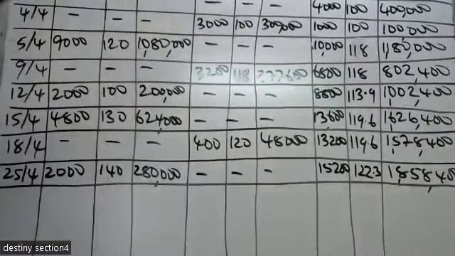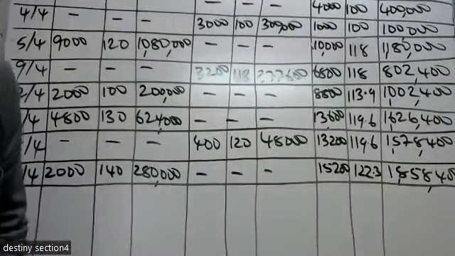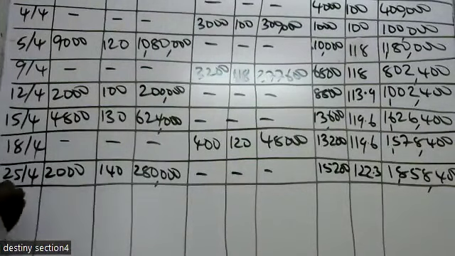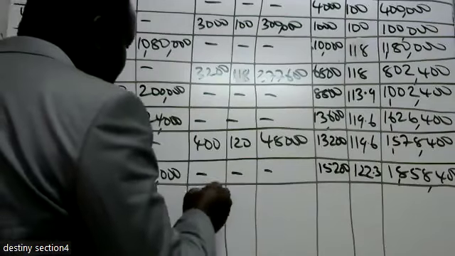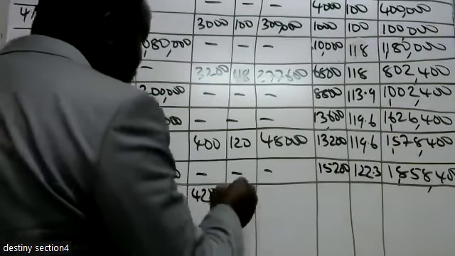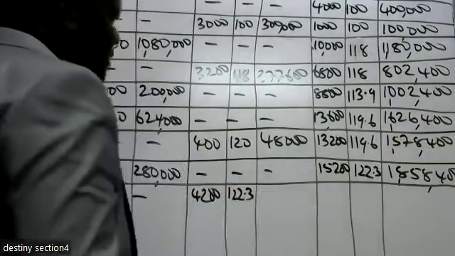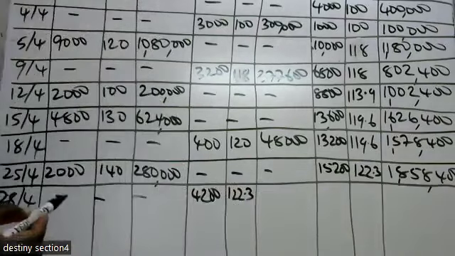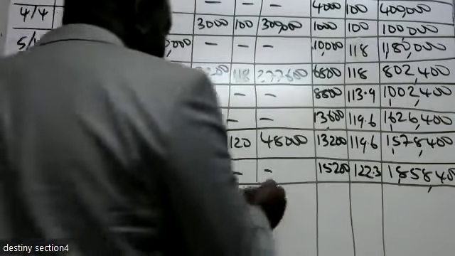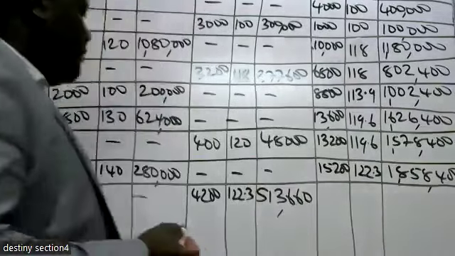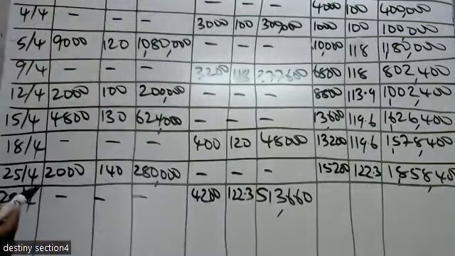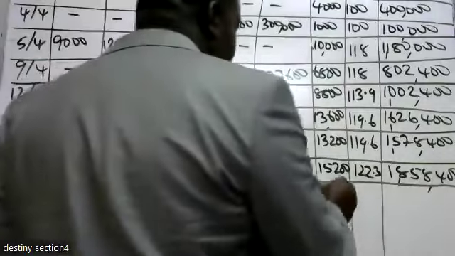So the next date was supposed to be what? 28th. So on 28, what happened? They issued 4,200. So they issued them at 122.3, which is supposed to be 513,660. So you subtract to get the balance. This one is 11,000,